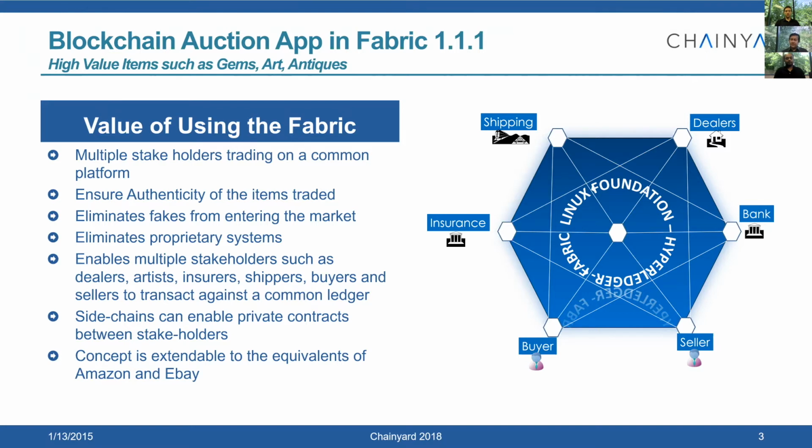We wrote that application at that time, and it had a lot of previews from developers as well as other curious folks alike. As the blockchain platform evolved over time, it came from 0.5 to 0.6, and today we are at Fabric 1.1. A lot of new features have been added to this platform. So we thought, why not take that old application and migrate it to the 1.1 version and show it to our audience once again.